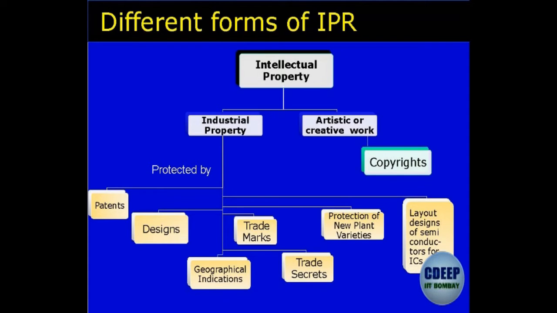A technical invention, as I have mentioned, comes under patent right. If it is the appearance of an article, it is a design act. There are other types of intellectual property, like trademarks, but GI and new plant varieties are not that relevant to our